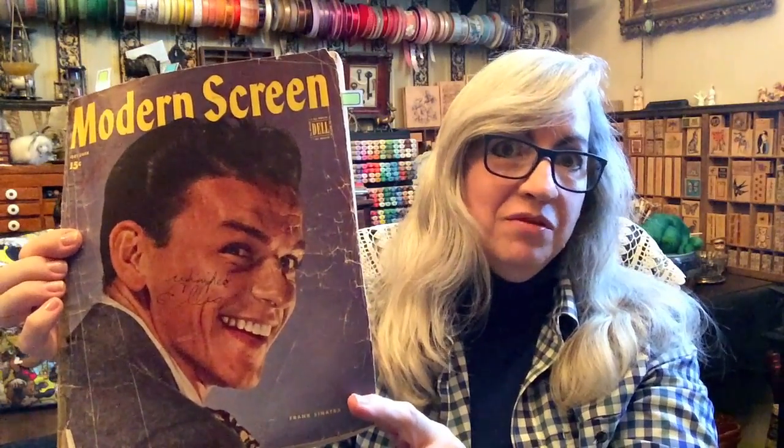The other thing I wanted to share with you this week also was something that I got from work. One of the doctors at work, he is an elderly fellow, and he brought in a magazine to show us. I guess he had a bunch. It makes me think of all the old jokes, you know, all the old magazines in doctors' offices. Well, this one would take the cake because as of last month, it was 70 years old. This is from October 1945, and it's not in great condition. It's called Modern Screen Magazine, and it's been written on,